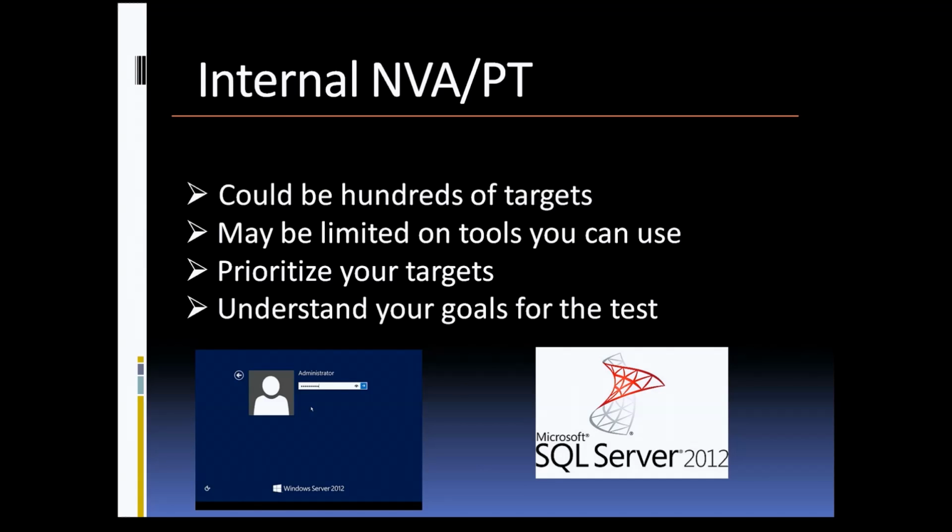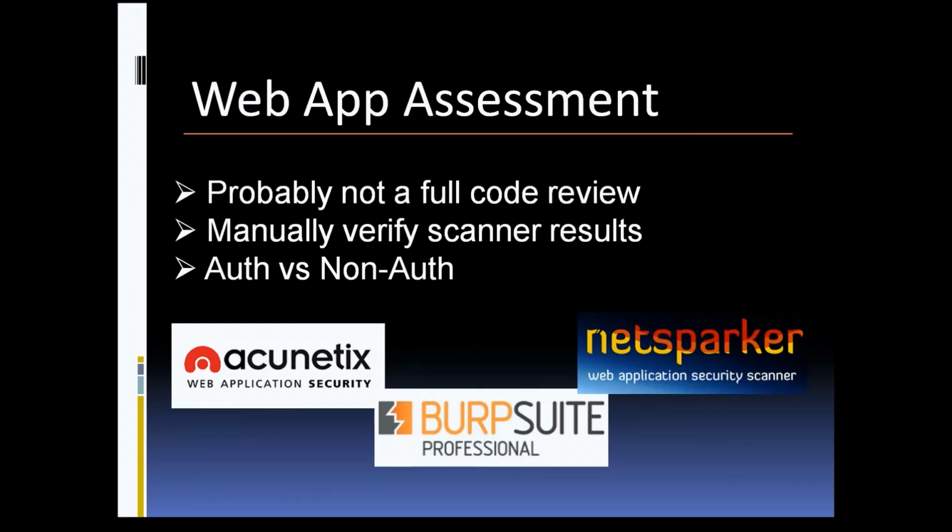So the next type of test that you'll run across is a web app assessment. More often than not with these, you're not going to be performing a full code review for the application. It usually starts again with you running a vulnerability scanner against the application, using a tool like maybe NetSparker or Acunetix. I also like to use Burp Suite Pro and use its scanning feature. Sometimes I've found that Burp will pull up vulnerabilities that the other scanners don't find, so it's always good to have more than one tool if possible, just to verify,